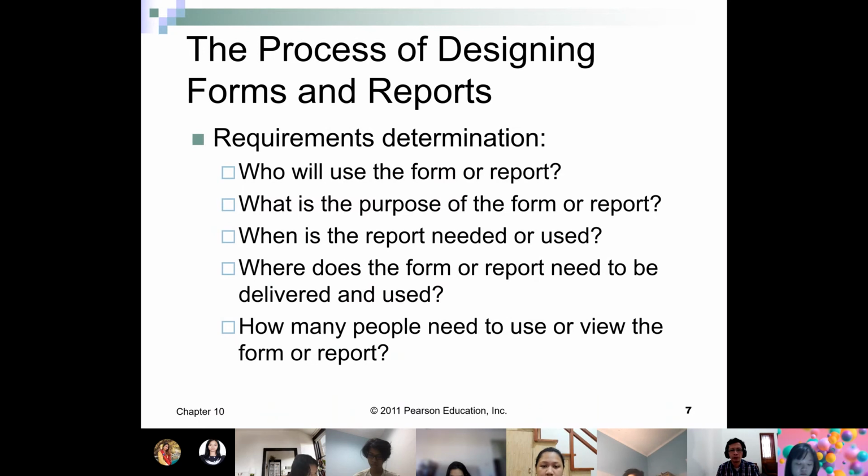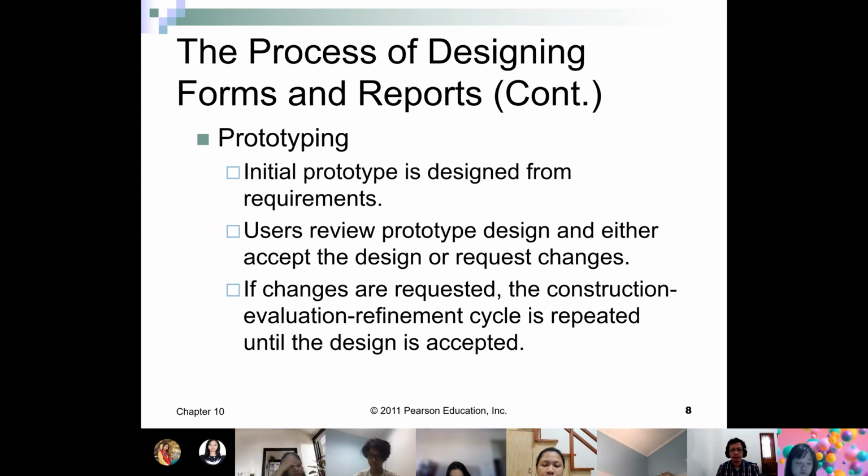How many people need to use or view the form or report? Is there any sensitive information that can only be seen by certain people? Okay. So the ideal method for designing forms and reports is to create a prototype.